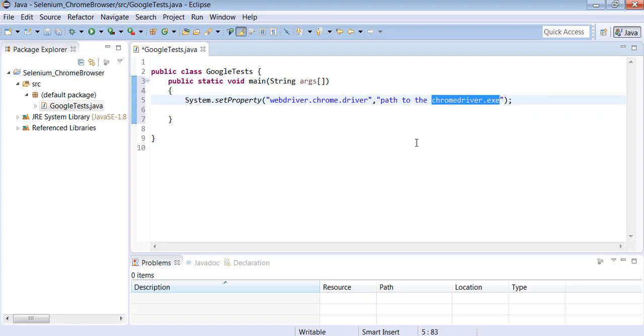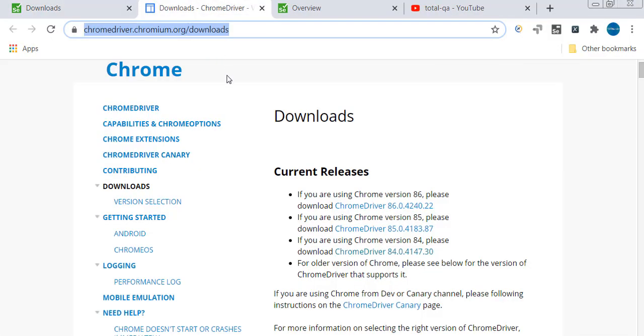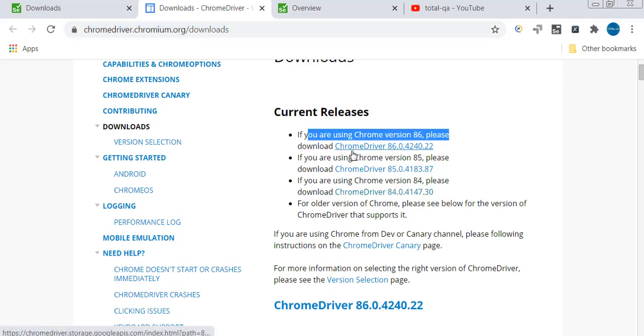To download the executable file for Chrome, you have to access the link that is available here, that is chromedriver.chromium.org/downloads. In this link, you can find different Chrome versions and the supported, compatible executable file.